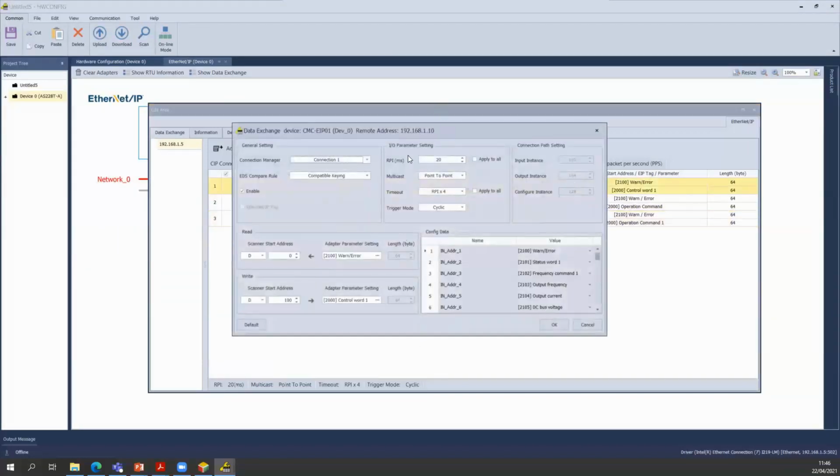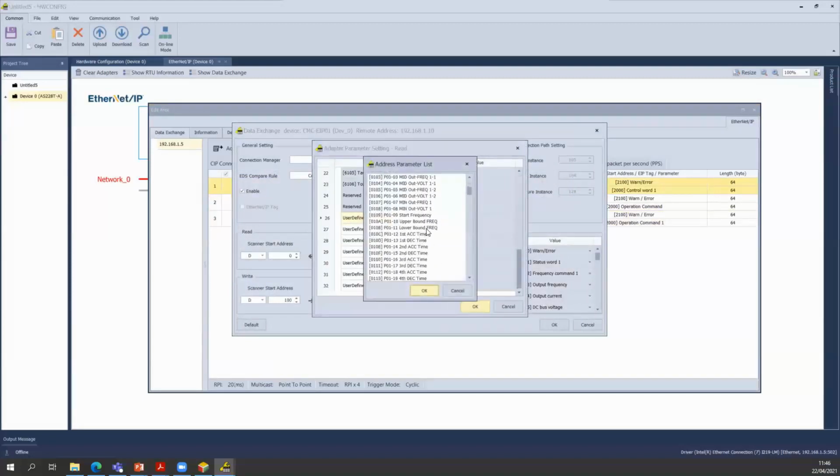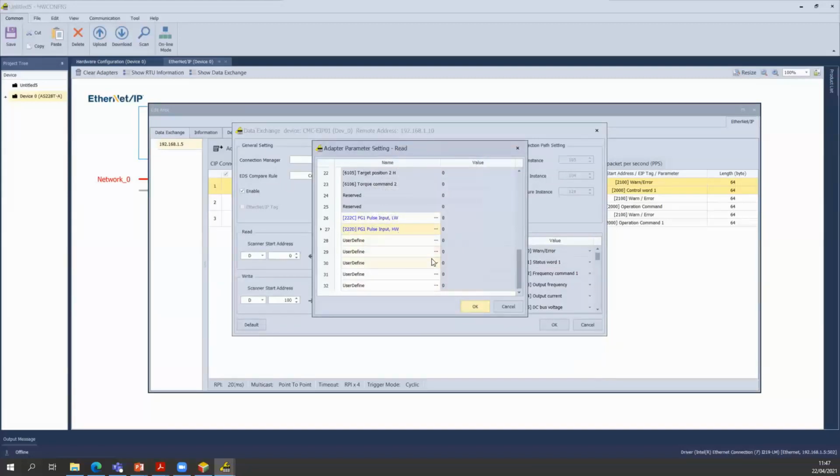And if you double click, then you can select here the read addresses. If you have anything which you would like to read, like any parameter or any specific register which isn't in the predefined ones, then you can select it from here. There's nothing in particular that I would like to see. Well, maybe the motor position. So I can do that from here if I map out 222C, and then I'll also map out 222D because the motor position is a 32-bit register. Then I have it in two of these 16-bit. So now I can read also the motor position,